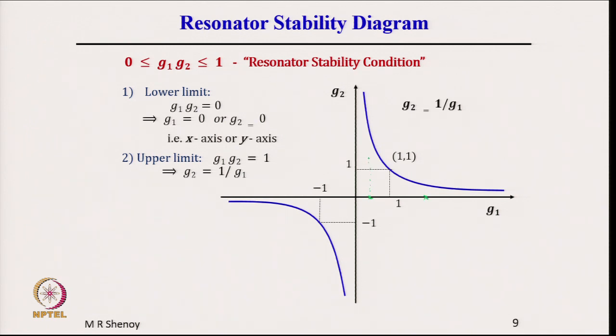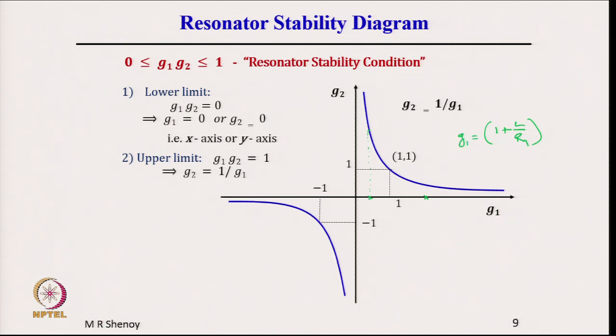So, 1 by G1 is the upper limit for G2. G2 can take, if G1 takes a certain value, please see what is G1? G1 is 1 plus L by R1. So, for the given resonator, if the L and R1 are such that G1 remains, so this is G1,